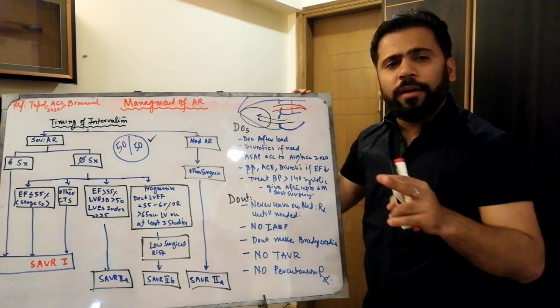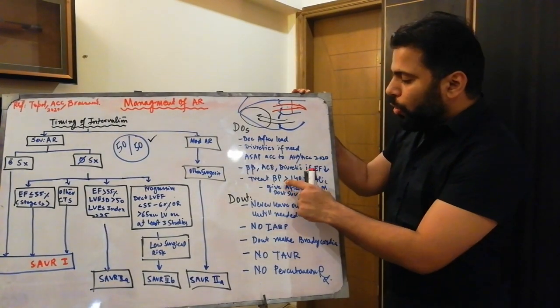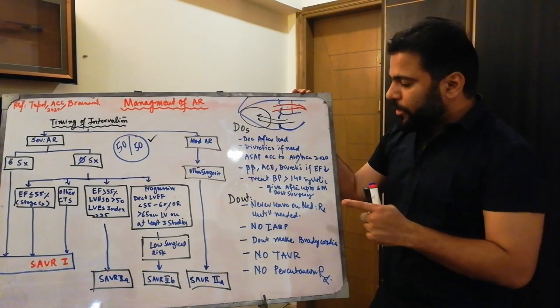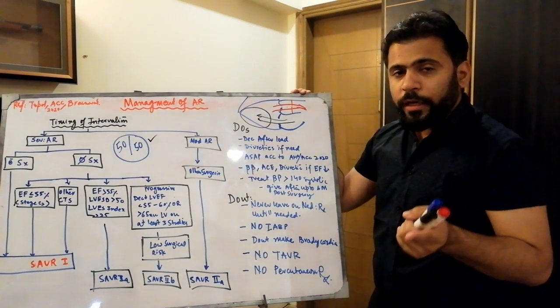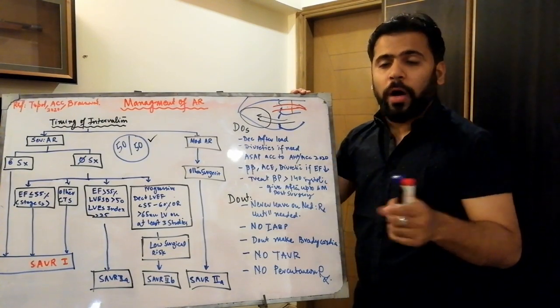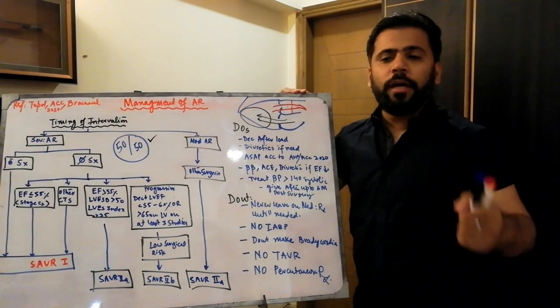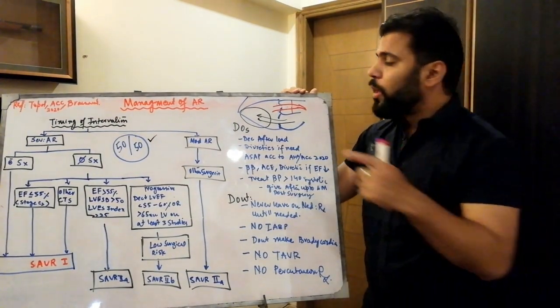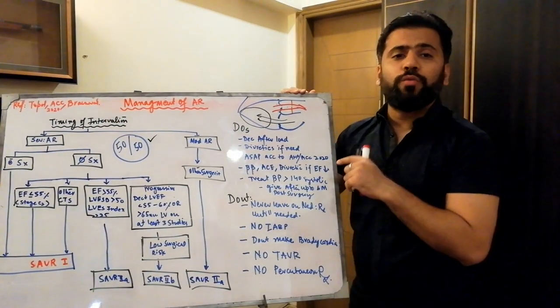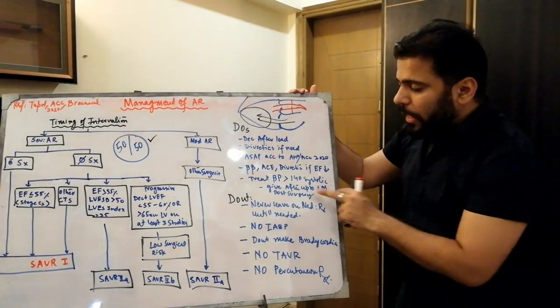But beta blocker, ACE inhibitor and diuretics will remain class 1 if your patient has a low ejection fraction secondary to AR. You have to treat the blood pressure if it is more than 140 systolic, and it is a class 1 indication. Why? Because if the systolic pressure is higher, it means there is an increased afterload in the aorta, which you have to decrease, as we discussed earlier in the afterload reduction section a few minutes back.